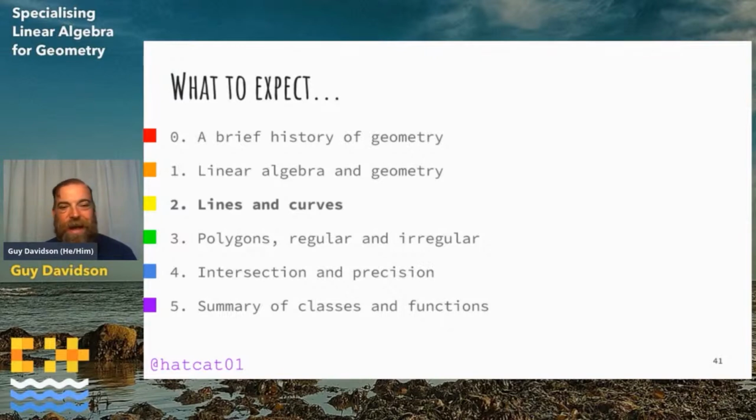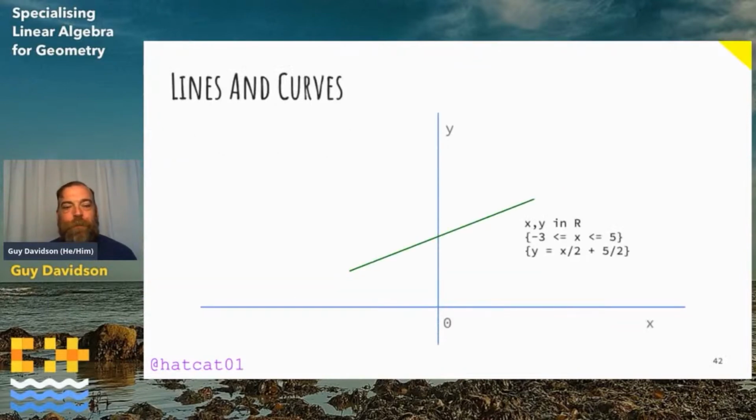So let's consider how we can model geometric objects in C++. Now, the mathematician will tell you that a line is a set of points satisfying a particular qualification. For example, the x-axis is the set of points x, y in R such that y equals 0. However, it's not a line of finite length. There are no endpoints. More useful would be a line segment with two endpoints.